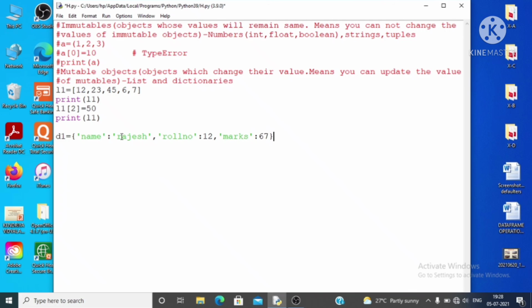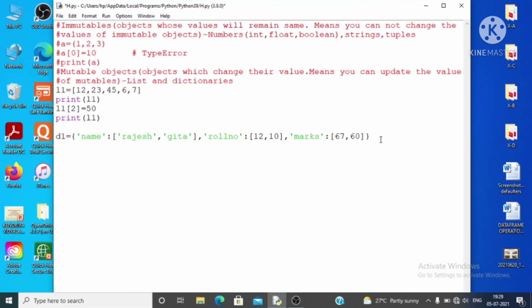Take the data of more than one student. Here, just use a dictionary, or any sequence; you can also use a tuple here. After that give the second name, like Geeta is the second name of a student. After that give the roll numbers 12 and 10, and then give the marks of the two students in the form of a list. In this way you have the data of two students in this dictionary D1.